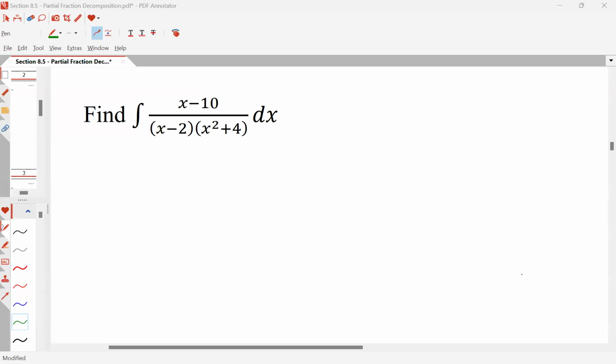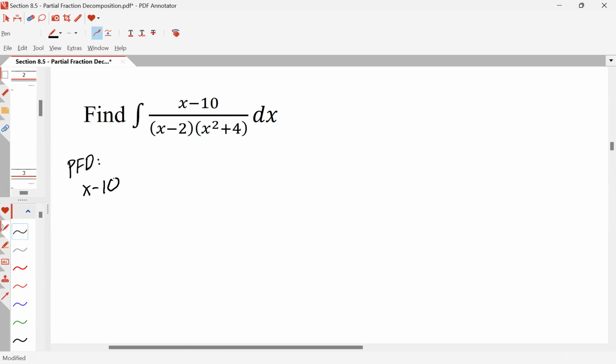Hello. In this example, we are looking at finding the integral of (x - 10) over (x - 2)(x² + 4). And we want to use this process of partial fraction decomposition. So, using this process,